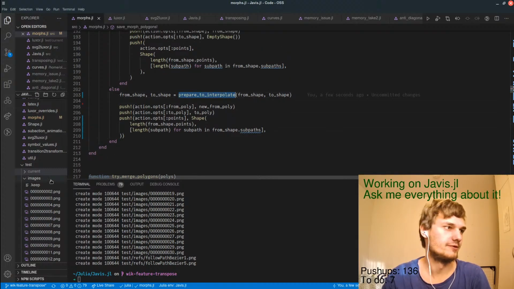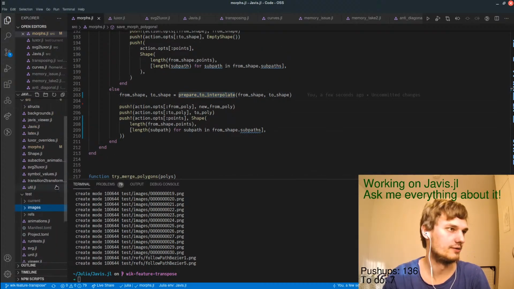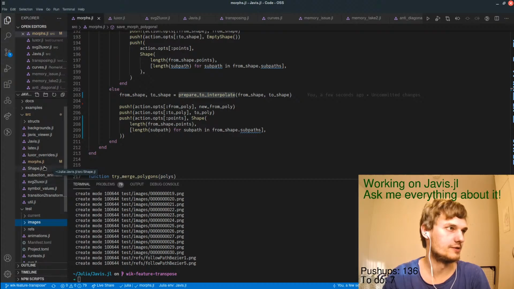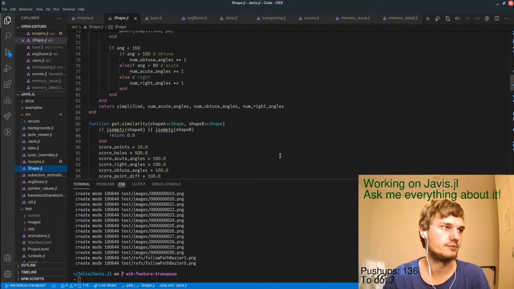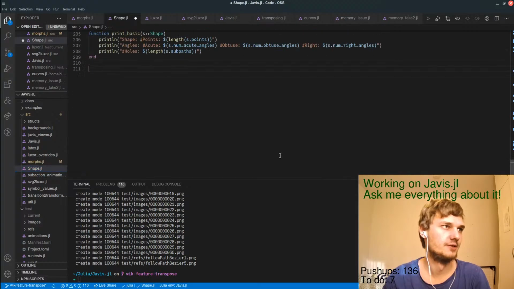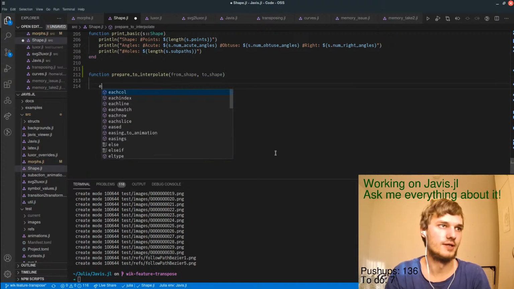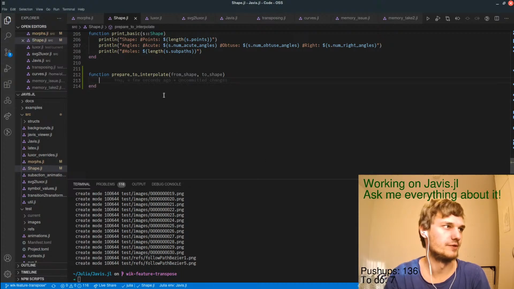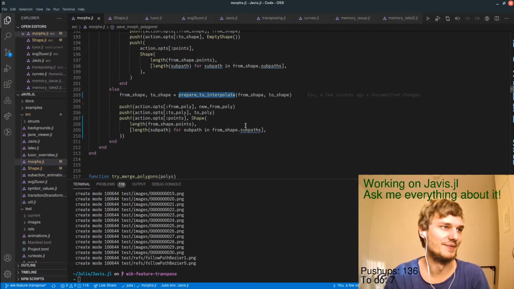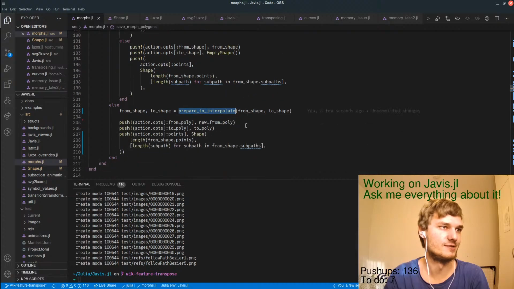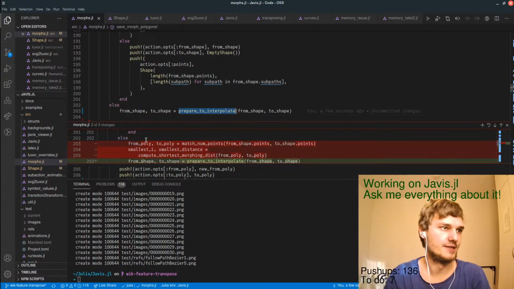Okay, prepare to interpolate, and then probably goes into a shape class. Oh, it's not really a class, but from shape to shape. And there we basically do what we just deleted, which maybe wasn't the smartest choice. Okay. So basically we have